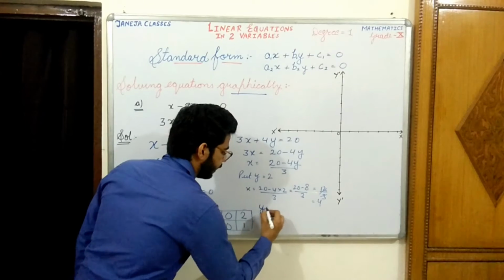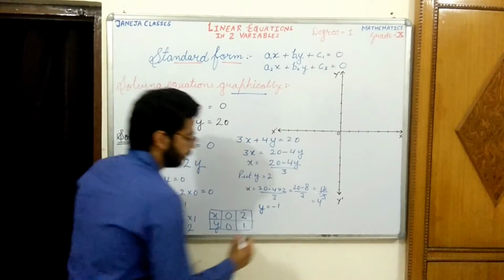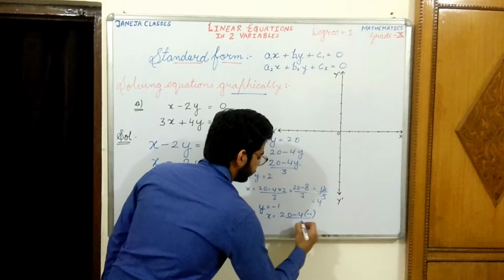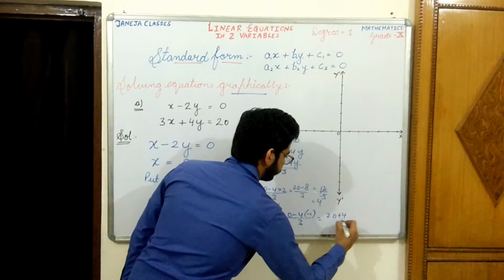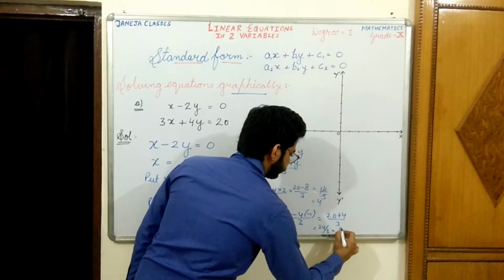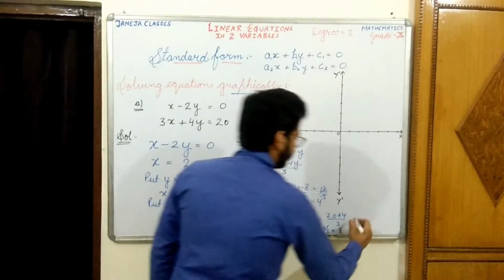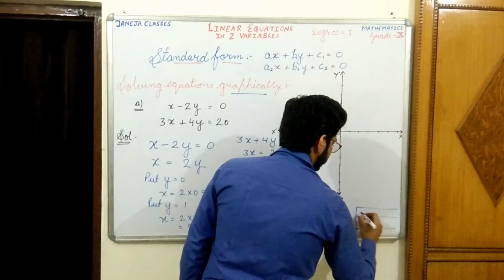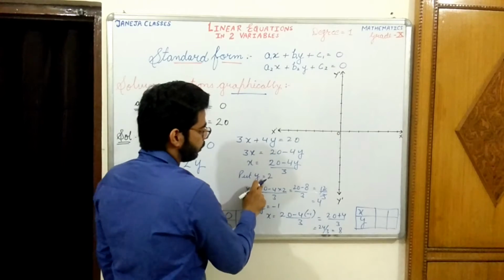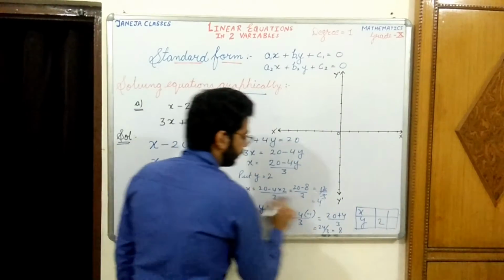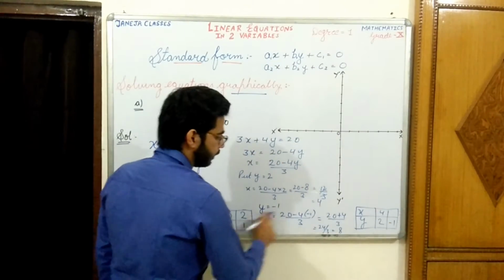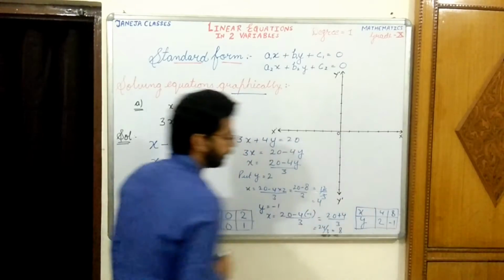Now again I am putting the value of y. Now let us take y is equals to minus 1. So just by putting y equals to minus 1, we'll get this as answers. 20 plus 4 by 3, it will be equals to 24 by 3, and it will be equals to 8. So let us make the table for this, the values of x and y on different conditions. See, here we have taken the value of y 2. At that time the value of x was 4. Later on we have taken y minus 1. Then the value of x was 8.